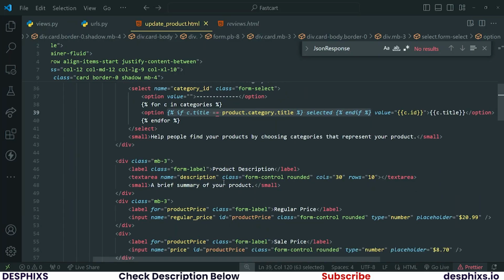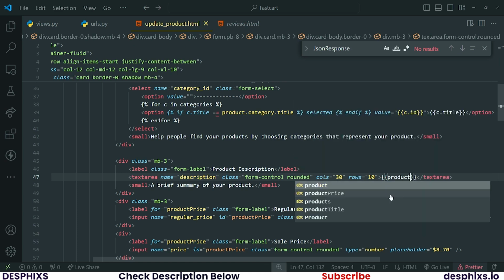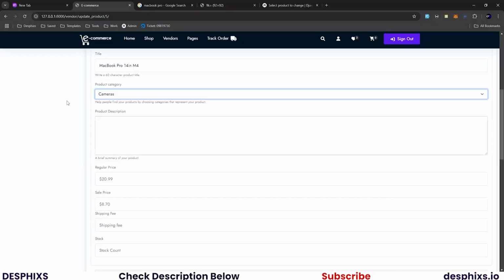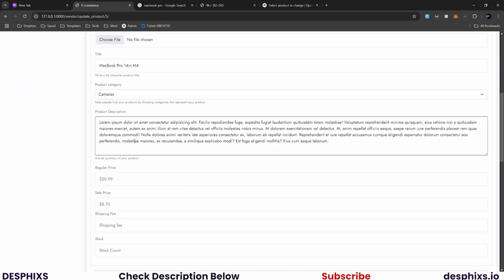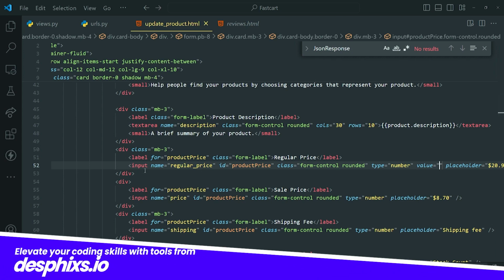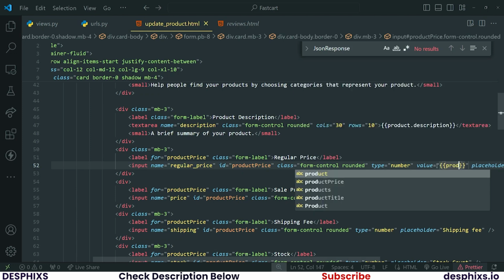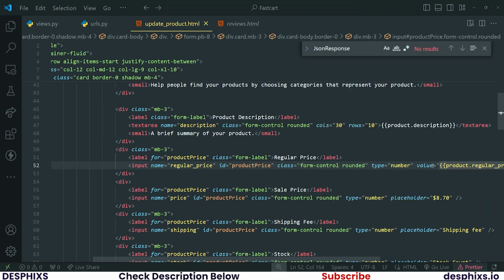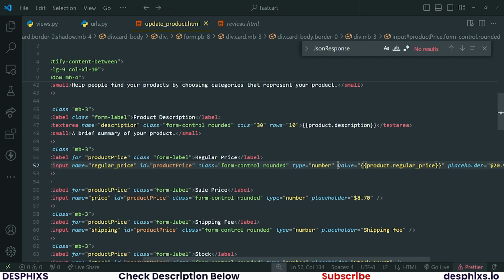Very good. Also for the product's description, we should have in here, it should be products.content. So products, okay, my bad, it's description. I'm mistaking it for the variants item, so it's description. Now we can see all those descriptions coming in here. And we also need to do the same thing for the regular price. So you just need to say products.regular price. So I'm gonna say products.regular price, and we got to do the same thing too for the actual price itself. So down here, this one is just going to be